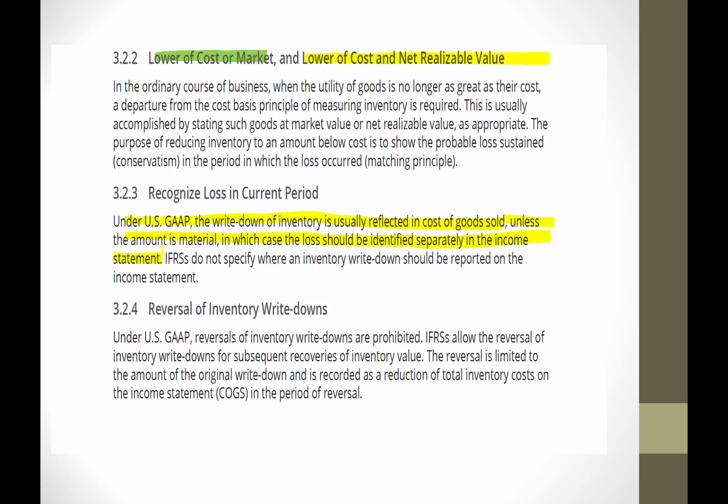Now, just as a point of interest for IFRS, IFRS does not get up in our face and start telling us where exactly we report it, and that's commonly what US GAAP does. They usually aren't all up in our face telling exactly what has to be called out as a line item. IFRS takes that stance back that they're not going to tell me specifically what I need to do with this. Now, when there's a reversal, US GAAP does not allow me to write it back up.